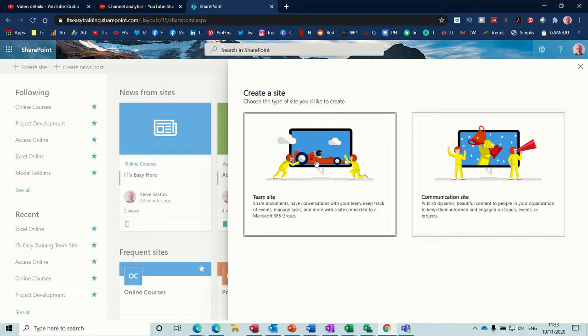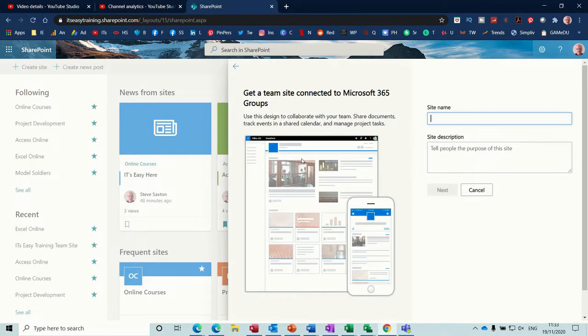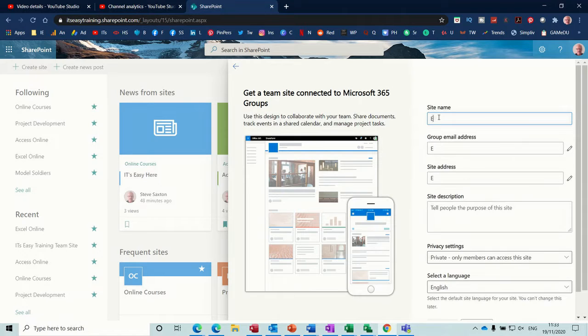This team site is more for a group of people, like the marketing team or the sales team, who want to get together and coordinate things. They're going to share files, documents and news information and link it to Teams, so they can have online collaboration and team meetings and things like that. I'll do this one first, and the first thing it asks you to do is name the site. I'll call this Excel development,